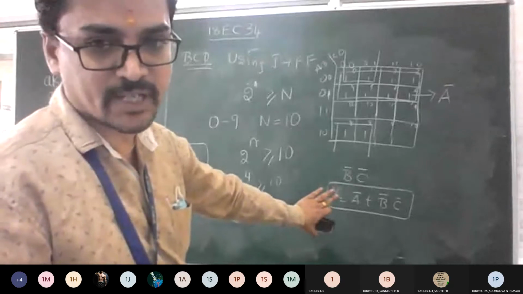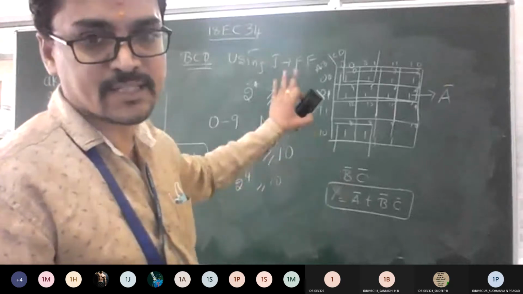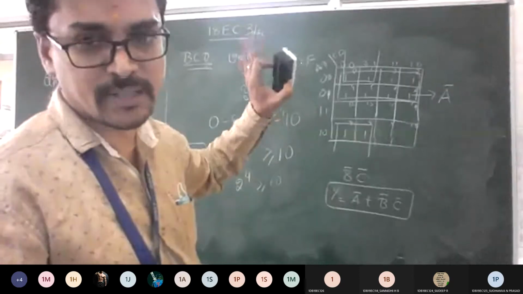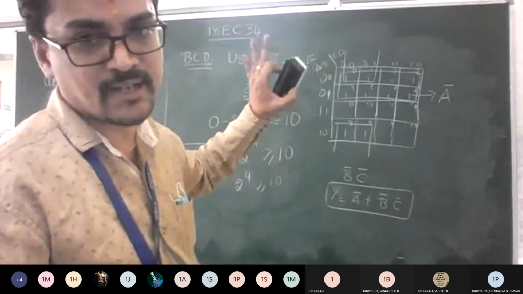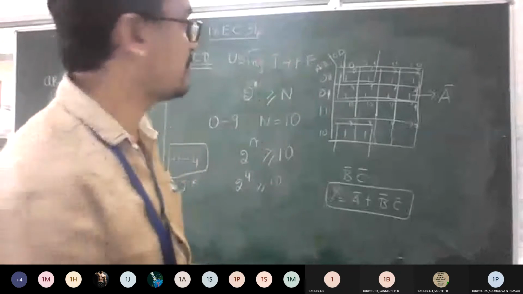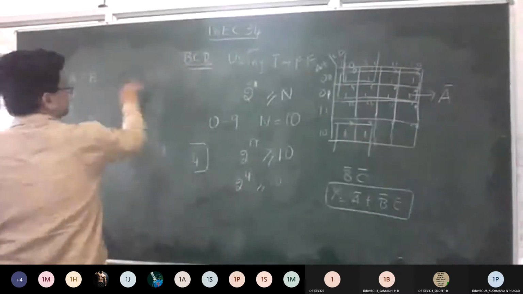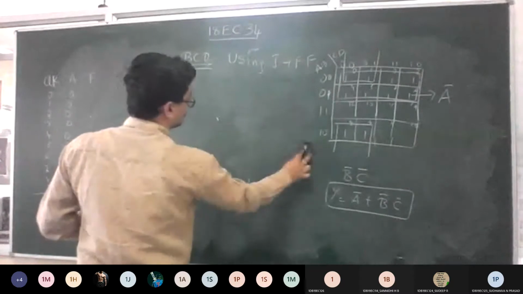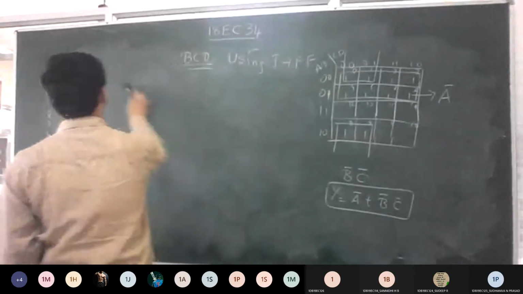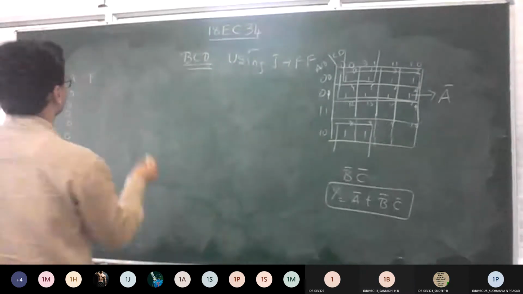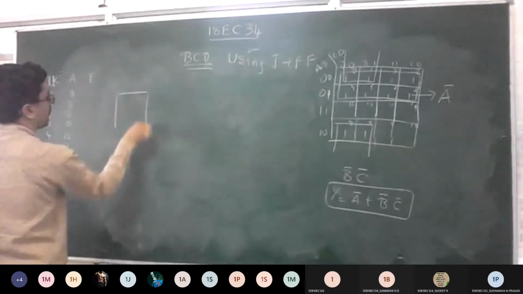So now this is the pre-final step. Once you got the expression, I need to implement this in the logic diagram. So we need to know how to draw the logic diagram depending upon the flip-flop, and it is an asynchronous type. How many flip-flops are required now? 4. Good, 4. So write 4. What flip-flops should you write now? JK. So write the 4 blocks like this.